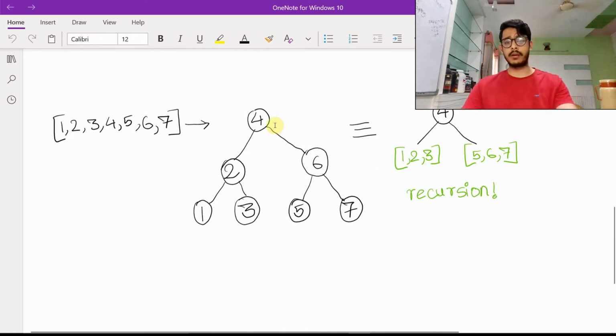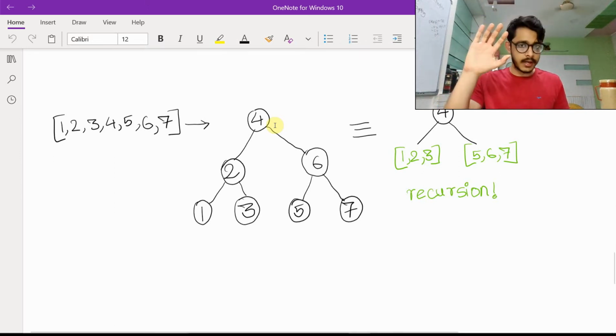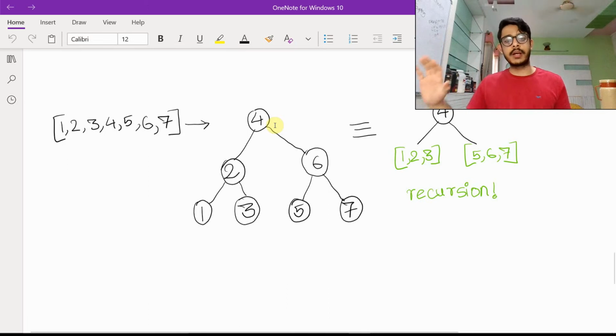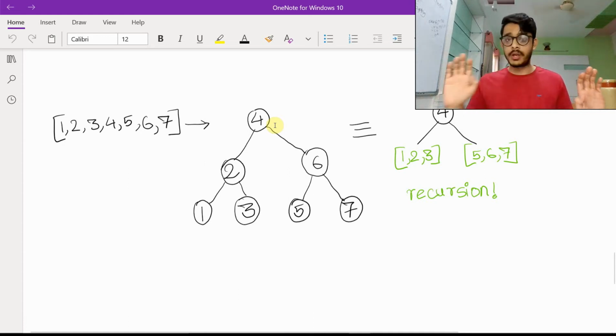We know that a binary search tree, once you have kept 4 here, the binary search tree property restricts the left hand side elements to be only 1, 2, or 3. 5, 6, 7 is not possible on the left hand side here. But 5, 6, 7 is possible here. Now, with 4 as the root, 1, 2, 3 can only be present here, and 5, 6, 7 can only be present here.